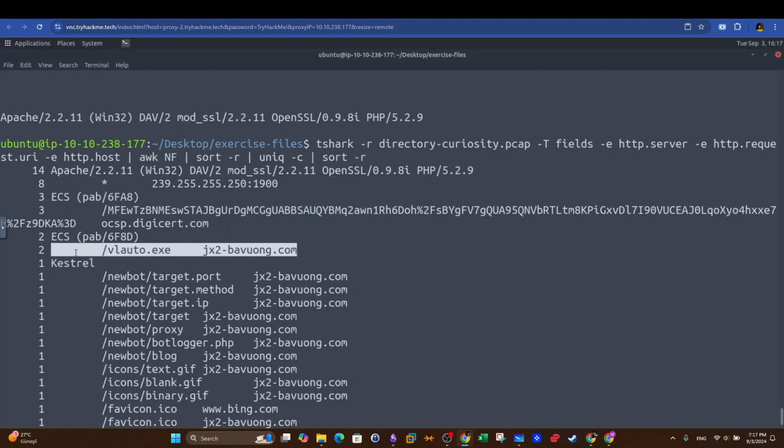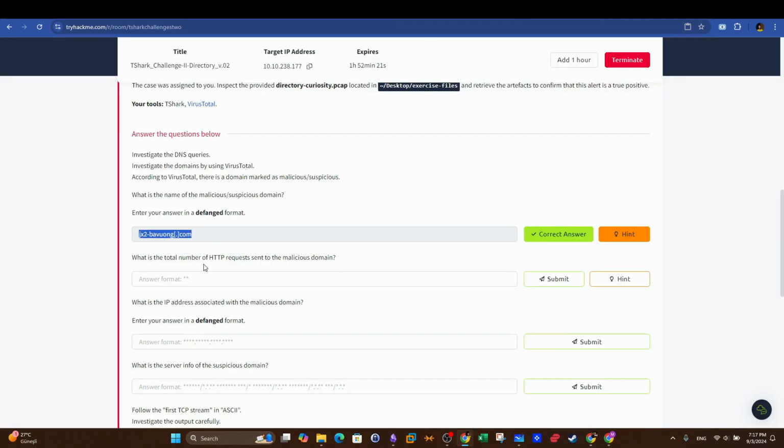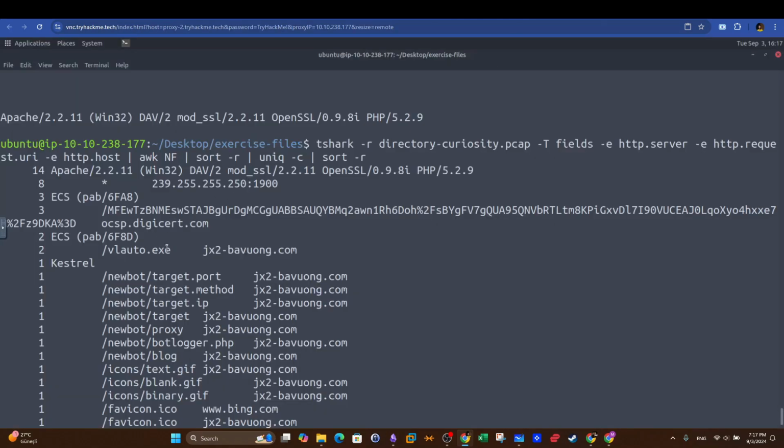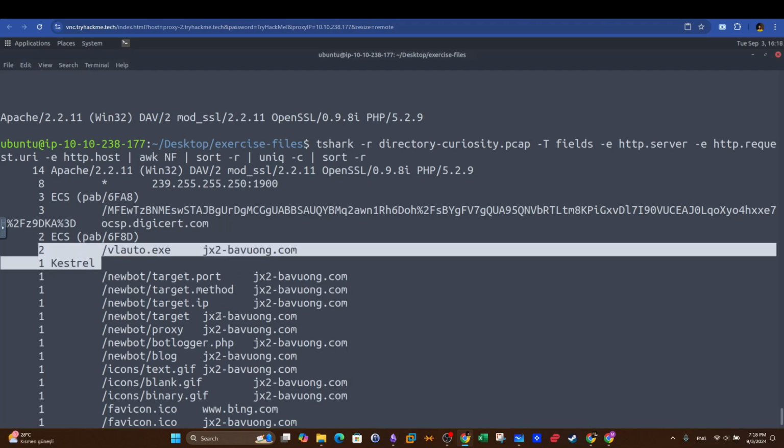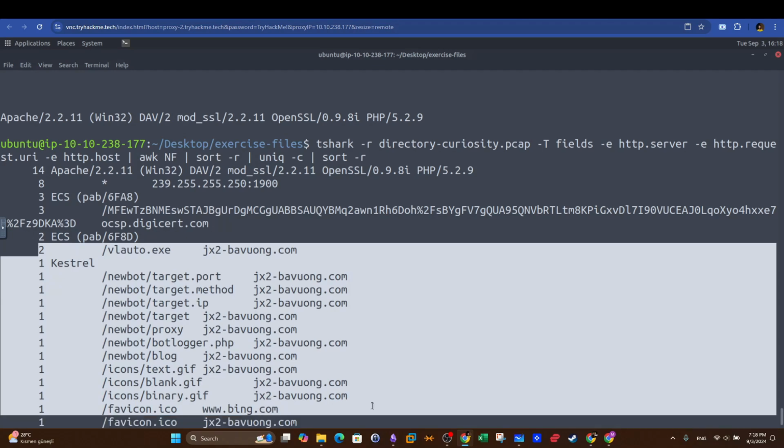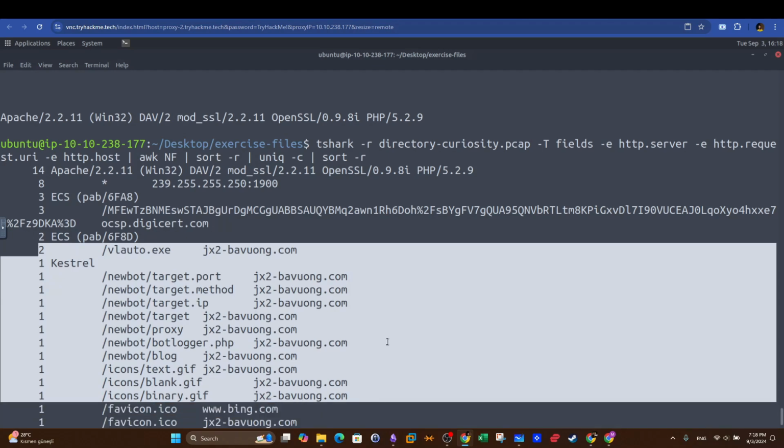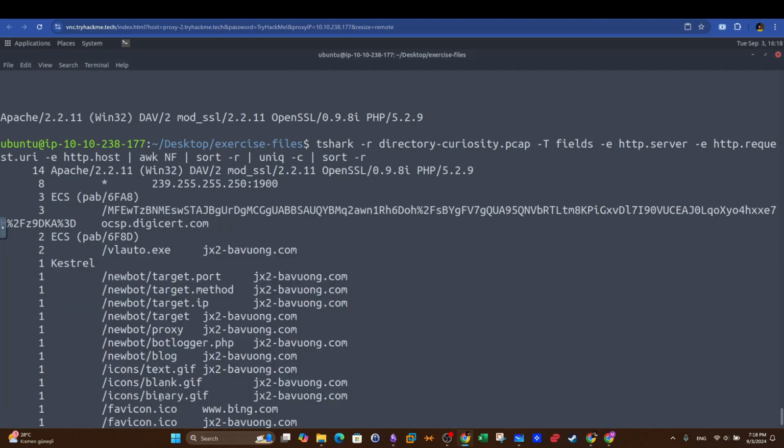Take a look at this example. So in the value server, there is nothing. In the request URL, we have a request to an executable file, and in the host, we have the same suspicious domain. What's the question here? What is the total number of HTTP requests that were sent to the malicious domain? Let's go back. Looks like we have two here. And all of these were requests to the malicious domain. Okay. If we count them,